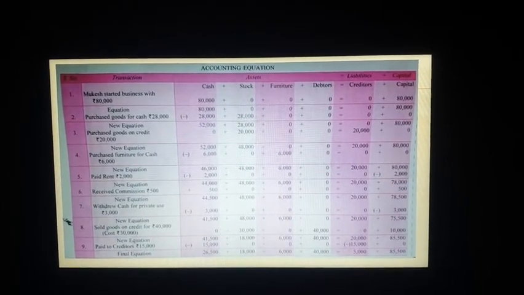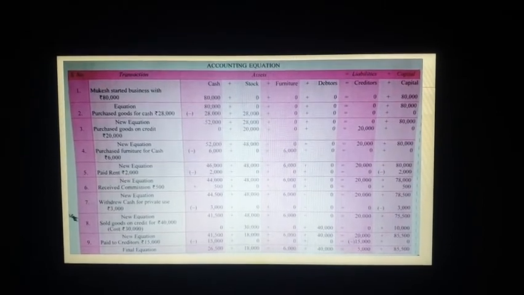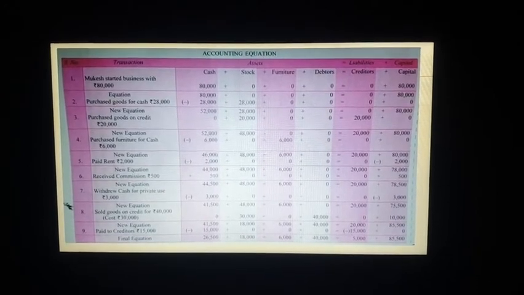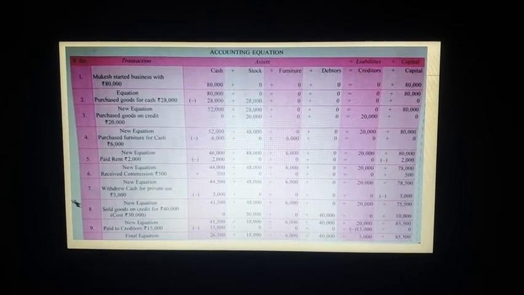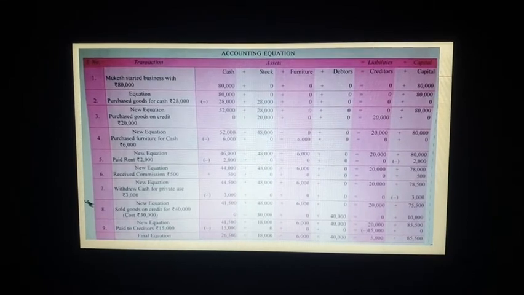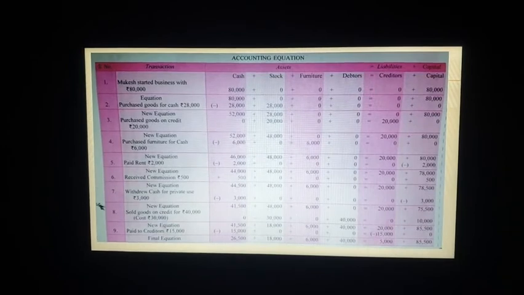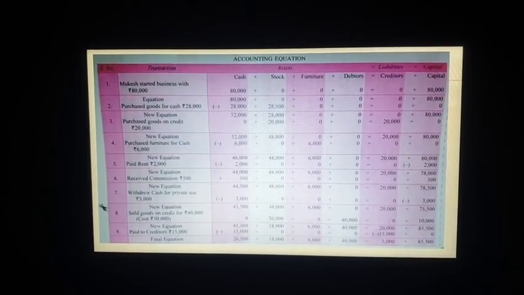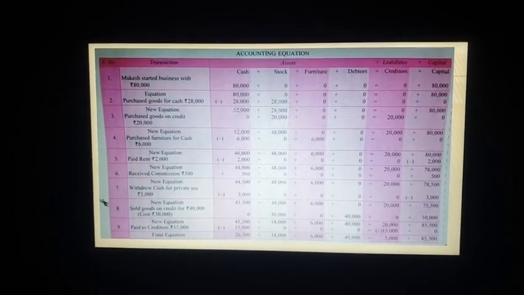So this is all about how to show the accounting equation. One more time I am describing to you that purchase and sale of goods will have an impact on stock. If cash is coming into the business, then it will be added to the cash part. If it is going out of the business, then it will be deducted from the cash. Creditors means goods purchased on credit, and debtors means goods sold on credit. And if there is any profit, then it will be added to the capital part, and loss will be deducted from the capital part.